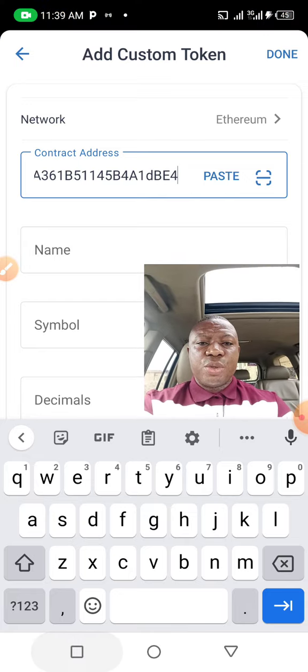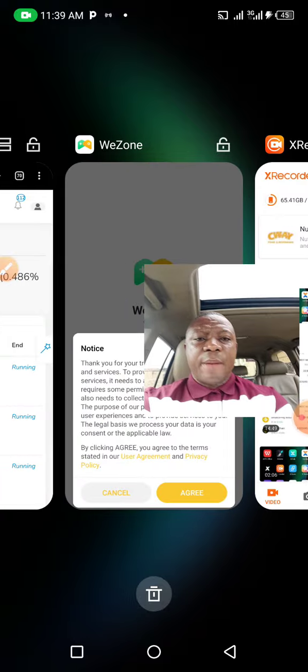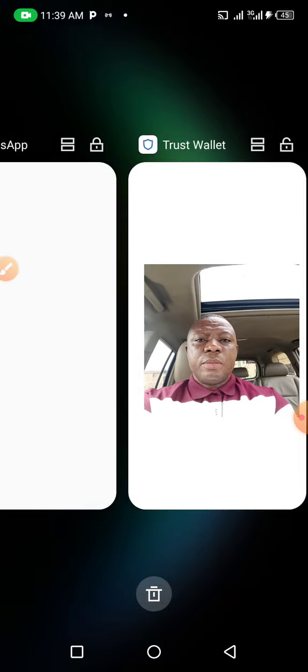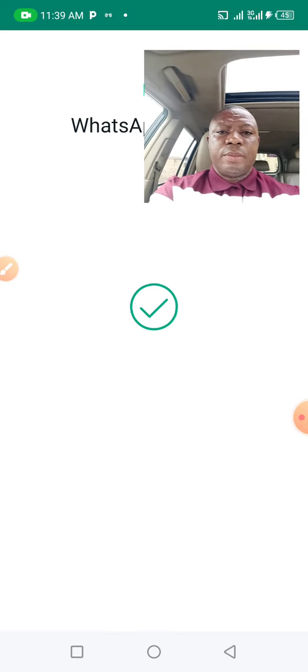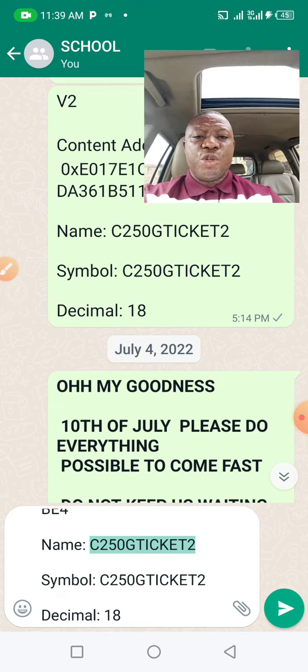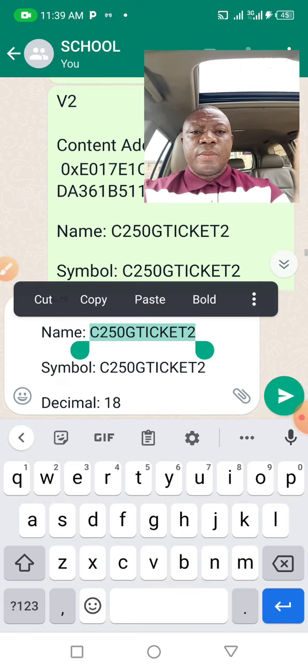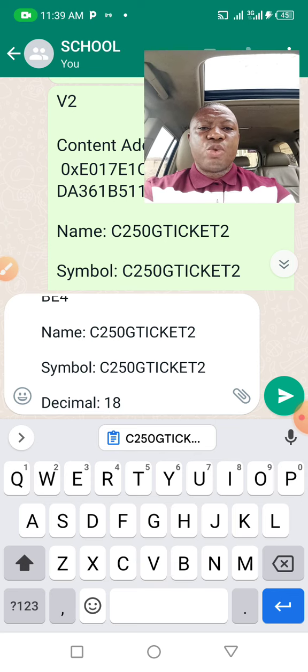So let's reduce our page and go to our WhatsApp. Now, as you can see, for the name, you are to copy C250 gold ticket 2.